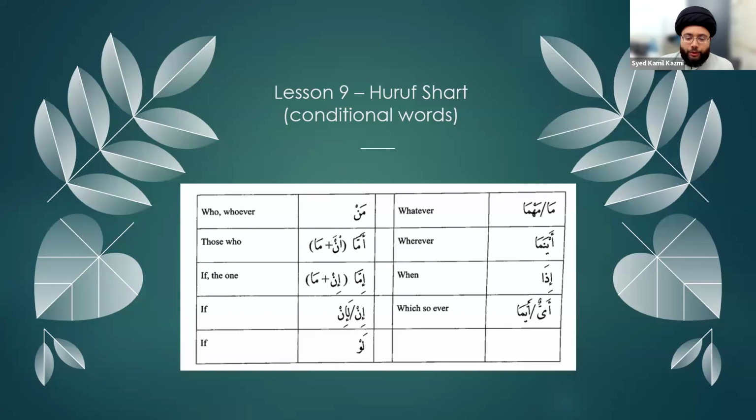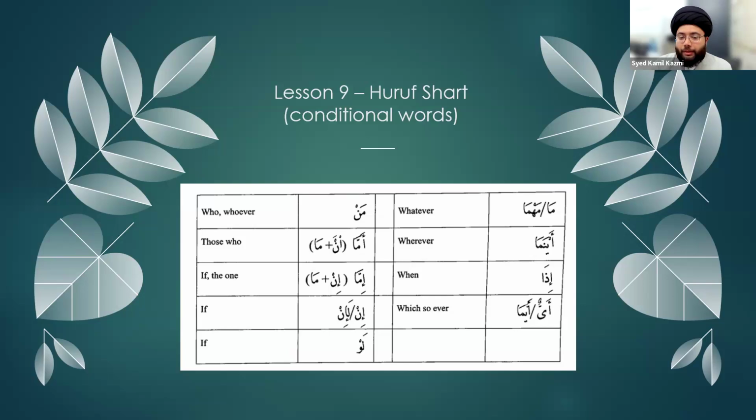So now we're coming to lesson number 9. Lesson number 9 is linked to one of the previous lessons that we have. Remember Mudare Majzum, where the Mudare would get a jazm on top of it. Do you guys remember that? Yes. Okay. So in that, I told you that there are many words which basically can come on top of two verbs, right? And subsequently make both of those verbs majzum.